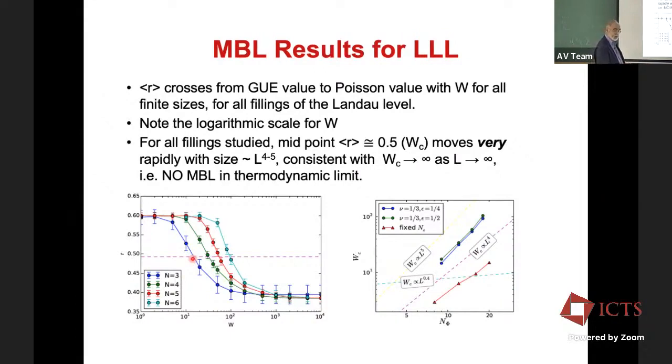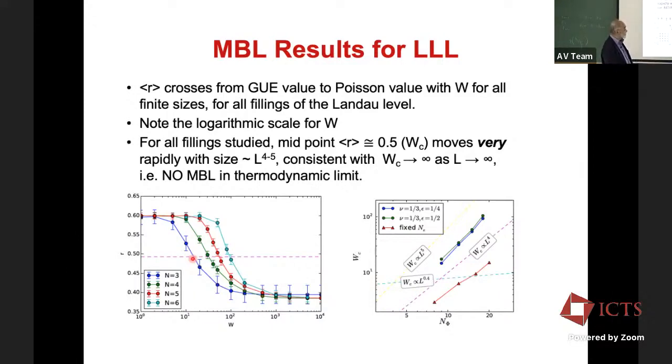No, they don't cross as far as we can tell. It's not only that, if you look at this midway point, it's marching to larger W as size goes. And we are talking about sizes from 3 to 6. And that midway point has gone by more than an order of magnitude in W. Okay, so if I plot that, if I call that critical W, it's of course not the place where a transition takes place, but it's a characteristic W at which it crosses over from one to the other.